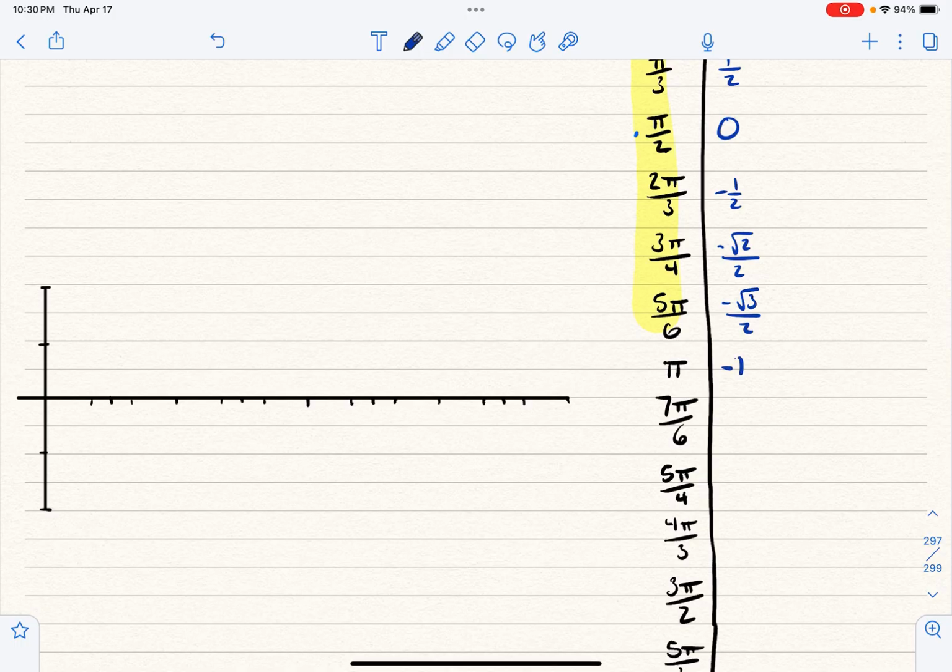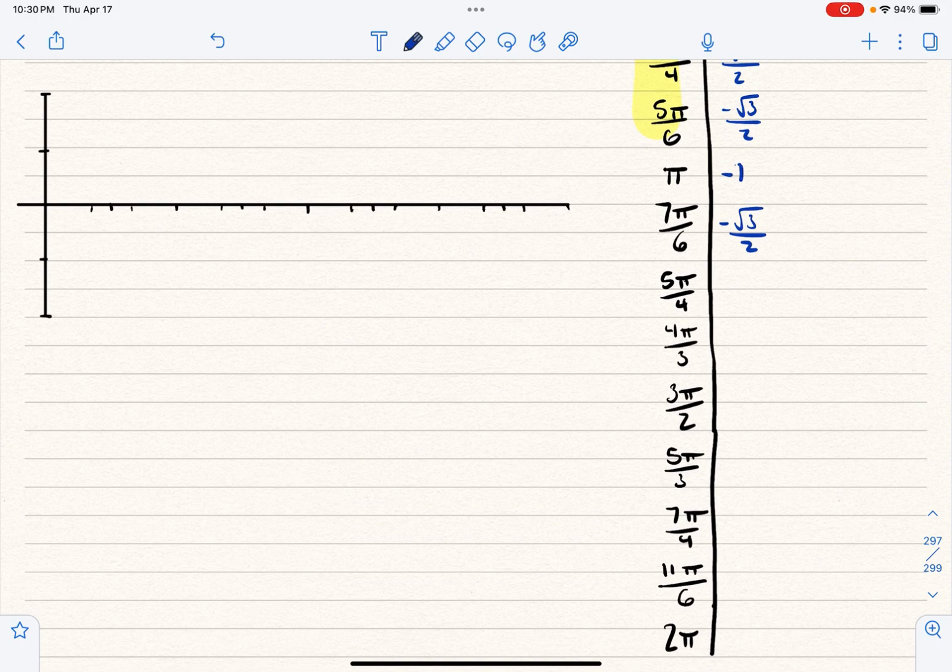And at 7 pi over 6, I don't go back quite as far. I'm in the third quadrant, but it's negative square root of 3 over 2. At 5 pi over 4, it's negative square root of 2 over 2. At 4 pi over 3, it's just negative 1/2. And at 3 pi over 2, also 270, that's right there on the negative y-axis, so